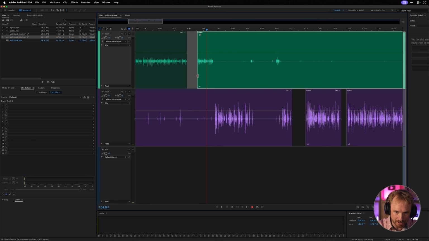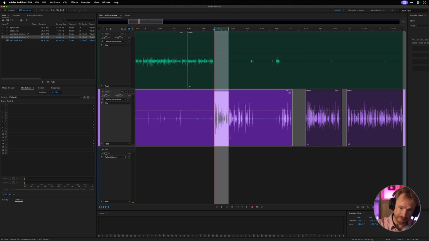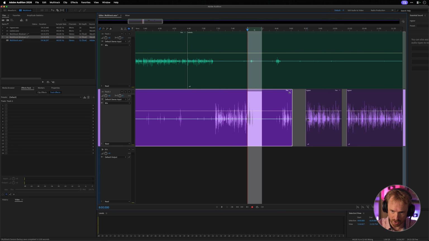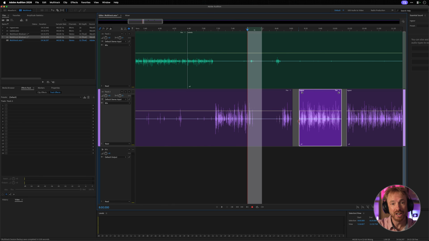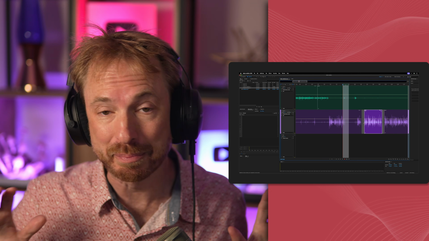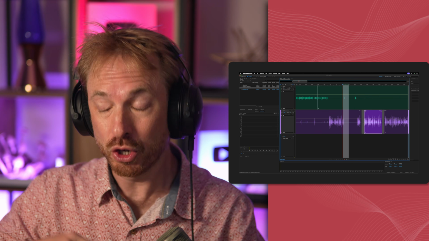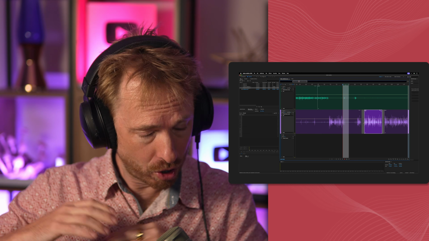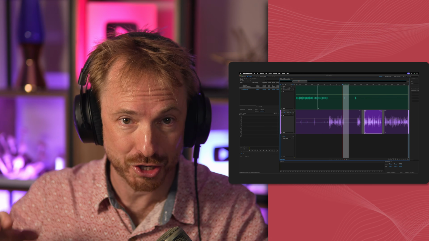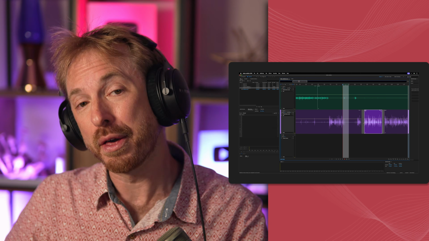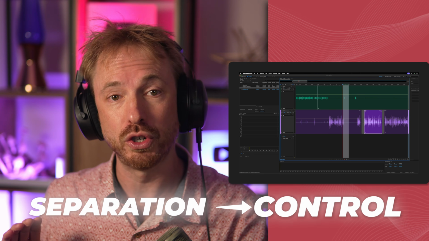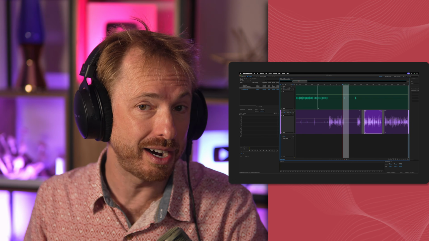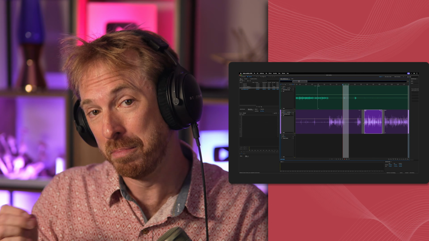Well, it's non-destructive because I can just do that. And suddenly my audio is restored. So it very much is play this bit, skip this bit, bring this little bit back in here. The raw recording underneath is completely intact, which means you can undo anything. You can revisit anything. You can recut the whole thing from scratch 6 months later if you want to. That's the whole game. Separation gives you control, and control is the entire difference between something that sounds homemade and